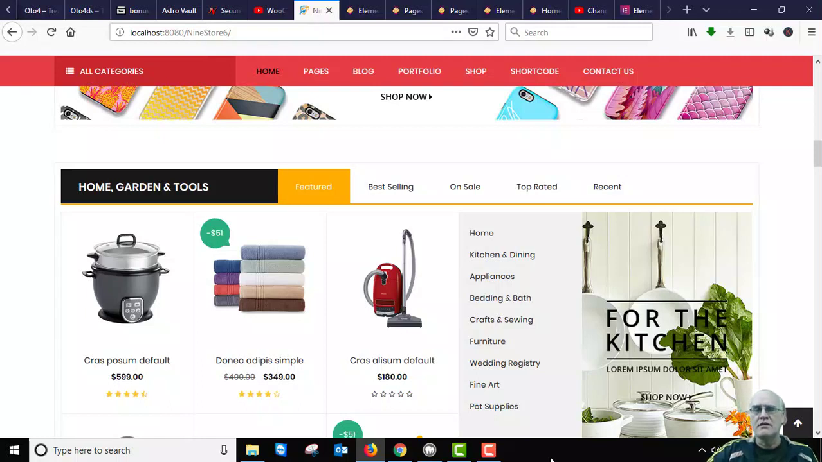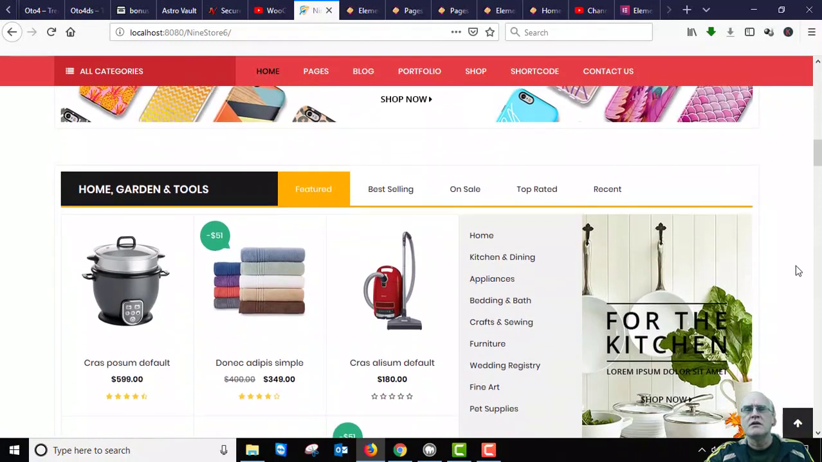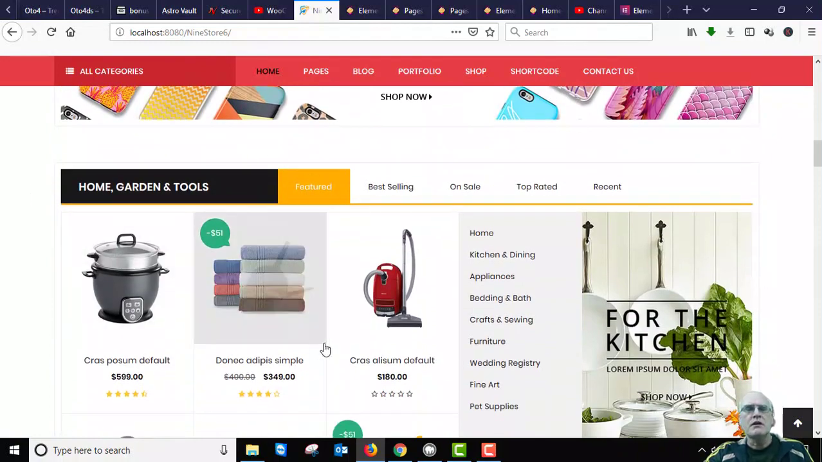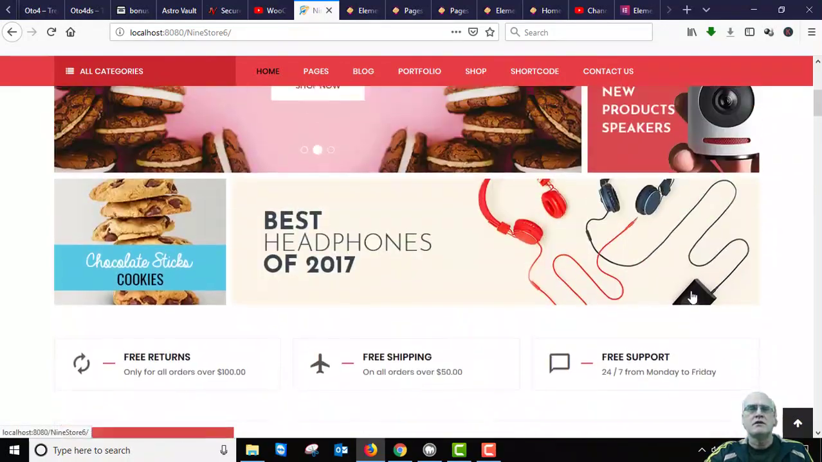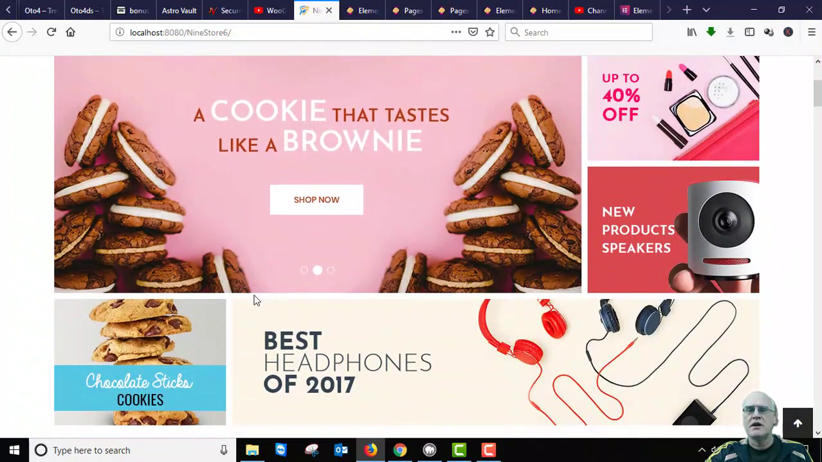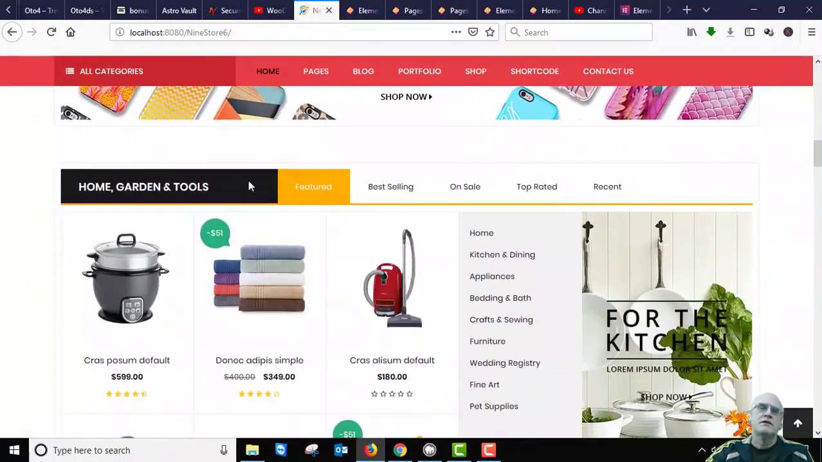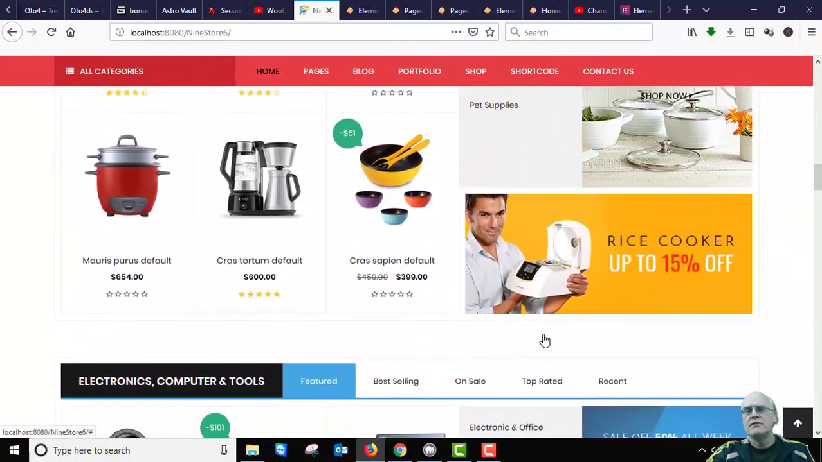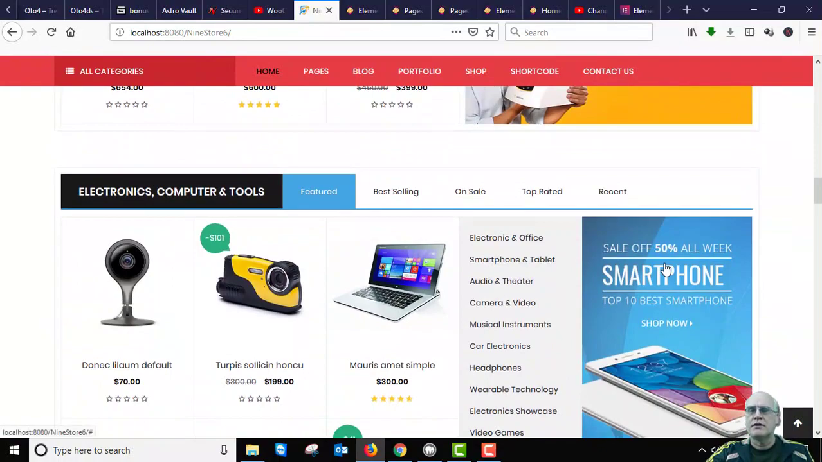Hi, I'm Dave, and in this video I'm going to show you how to make a tab menu. It's in WordPress. I have a theme I found that I really like. I like the way the menu bars are on this theme. It's a store theme called 9 Store. It's by Astro Blue, and I'm trying to clone this tab using Elementor, which is a very popular WordPress page